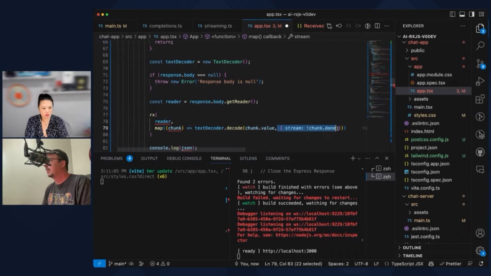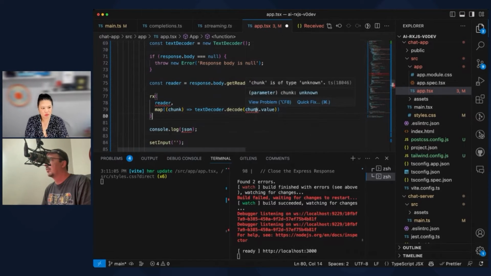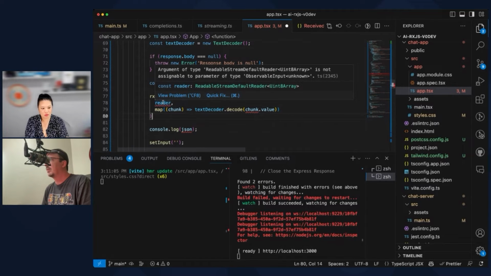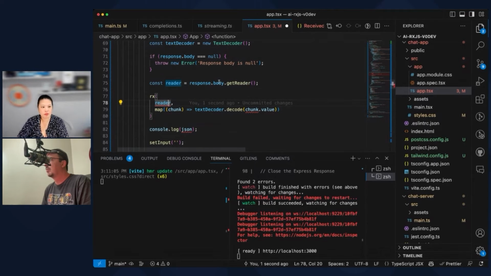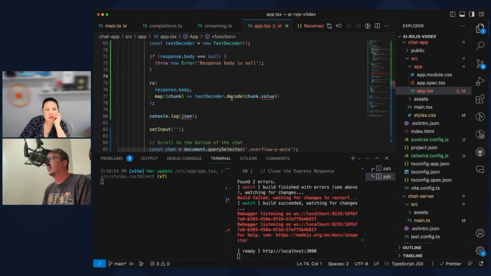I don't really care about that bit. So this is the chunk. What is reader? Reader should be a default stream reader. It should be a readable stream. All right, this chunk value is not a thing. There's our chunk. Back to using RxJS, this is our response stream.